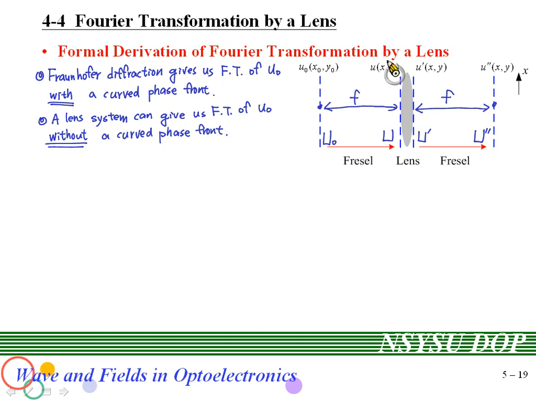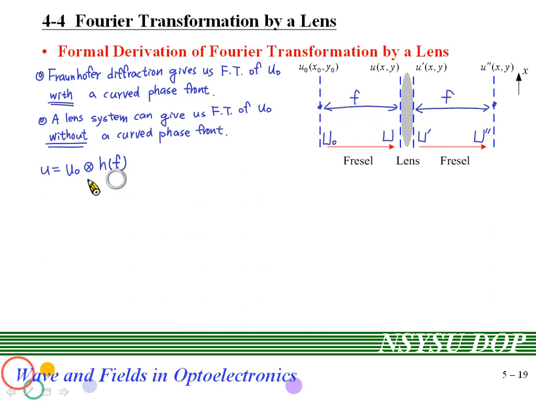After the definition I showed here, let's see. As we know, u is the diffraction field as u0 propagates a distance of f, right? So u can be obtained by the Fresnel diffraction, which tells us that u can be expressed as u0 convoluted with the h function. Due to the distance between u and u0 being f, the h function can be expressed as h of f. The propagating distance is f, okay?